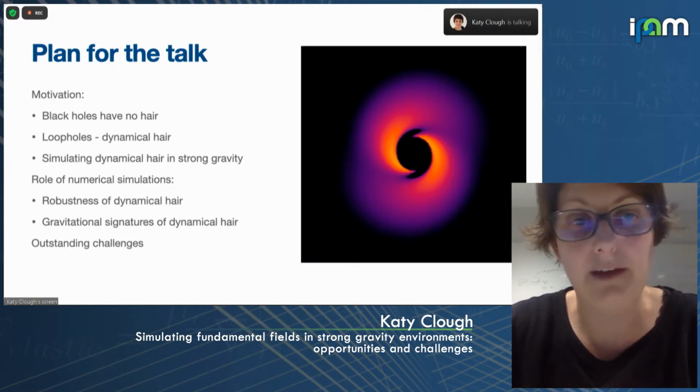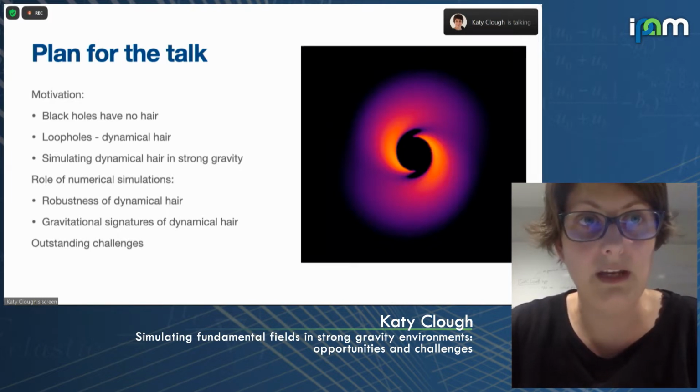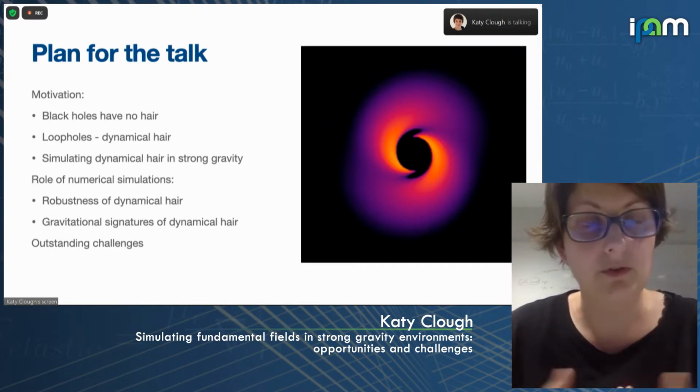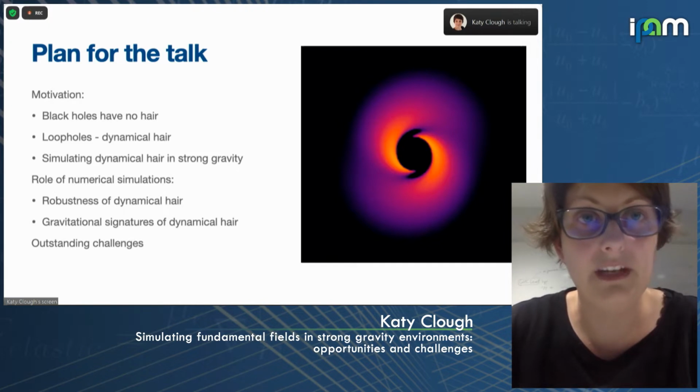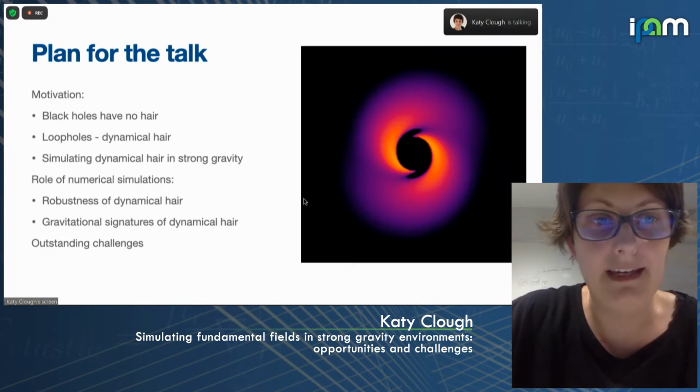And then if I have time at the end, I'll mention some of the interesting points on the second question. As I said, I'm mainly talking about time domain simulations, but I won't necessarily be talking about full numerical relativity. Particularly for the first question, a lot of the simulations can be simulations on a black hole background, where the background is fixed and we just evolve the fields on top of it. That can be advantageous because it can help us to follow longer timescales. And if I have time, I'll close by mentioning what I think are the key outstanding challenges.